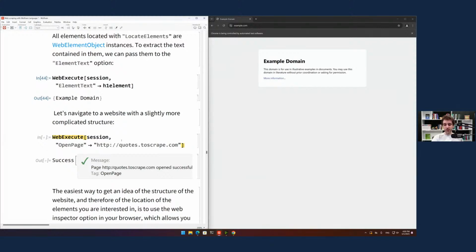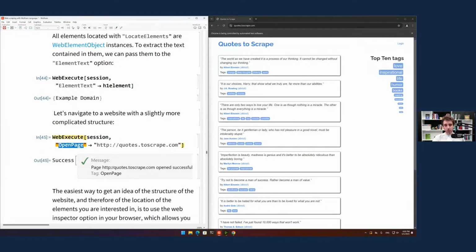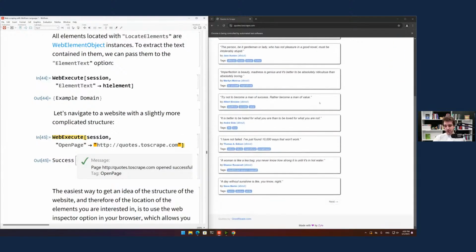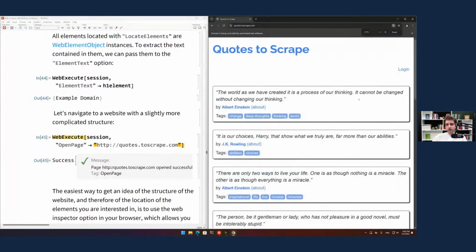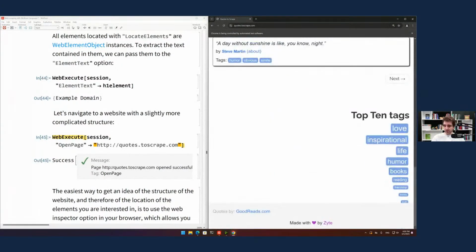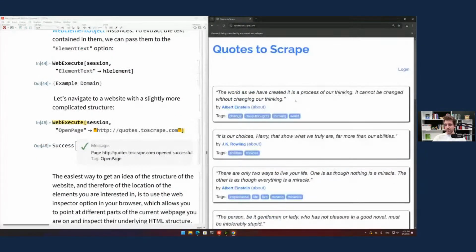So let's navigate to something that's a bit more complicated. Again, we're using our session, opening a different web page, and in this case, it's a list of inspirational quotes. It's one of those web pages that's designed specifically for web scraping training, but it looks more like a real page, right? Let me make this a bit bigger. It has different boxes, different quotes, authors, and it has pages probably, which I'm not sure if we'll navigate in this example, but it looks like a real web page. So let's use it